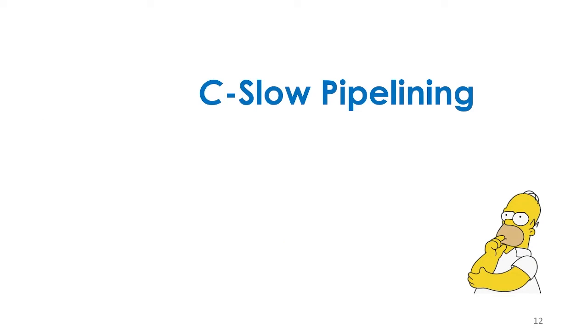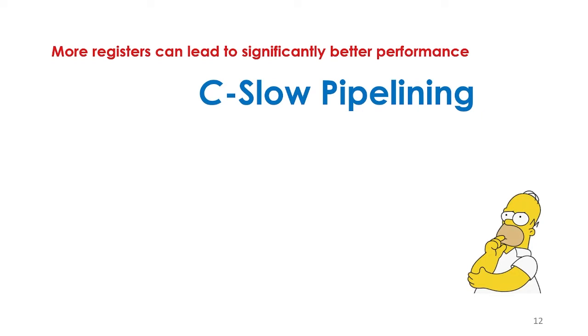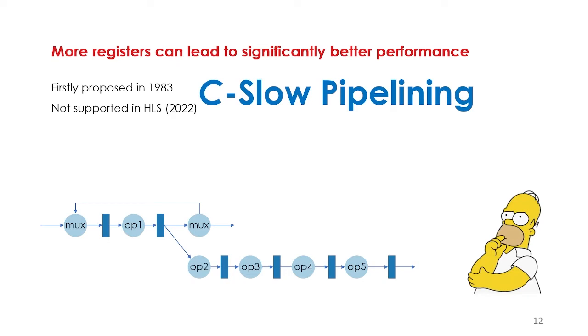On the other hand, CSlow pipelining is a technique that adds more registers but also improves the hardware performance. It was initially proposed in 1983. However, it is not yet supported by any HLS tool. In CSlow pipelining, it is assumed that each input to the hardware is an independent set of data. Then after the first input enters the hardware and starts iterating, the second input can also start computation, filling into